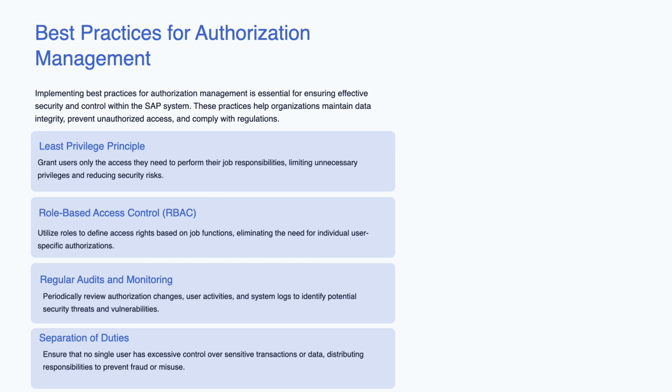The next one is role based access control. We say it as RBAC. Role based access control, or RBAC, assigns access rights based on job functions, eliminating the need for individual user specific authorizations and streamlining the management of access rights. The next step is regular audits and monitoring. Regularly reviewing authorization changes, user activities, and system logs is essential for identifying potential security threats and vulnerabilities, ensuring your